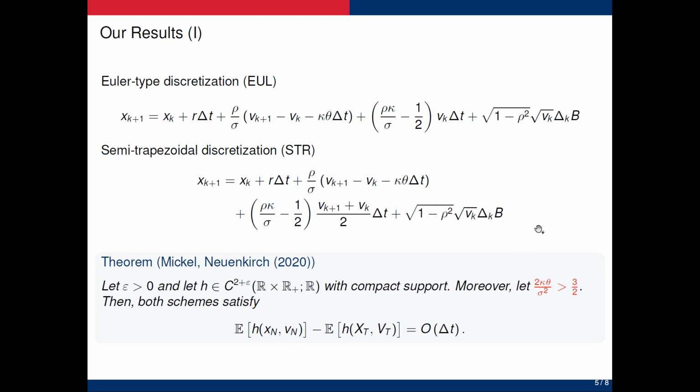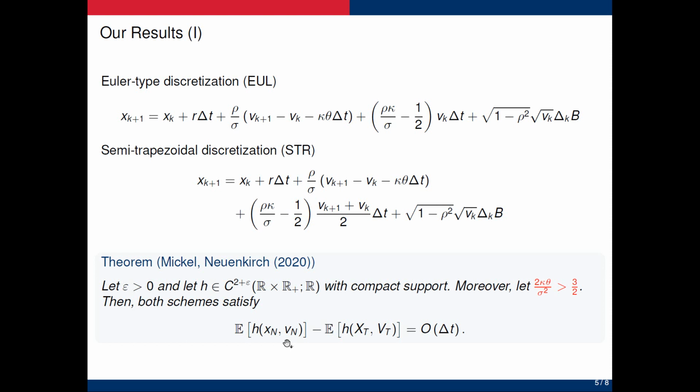In our proofs, instead of directly using the payoff f, we use a function h, which is also dependent on v, as you can see here. But we can construct the payoff f such that it is a product of this h and some damping function, which is a rather technical step and not really relevant for the presentation here. The assumptions on h and f are exactly the same, therefore you can just think of h as the payoff